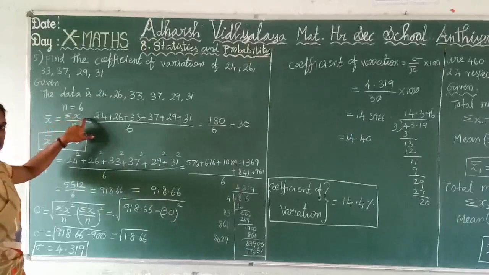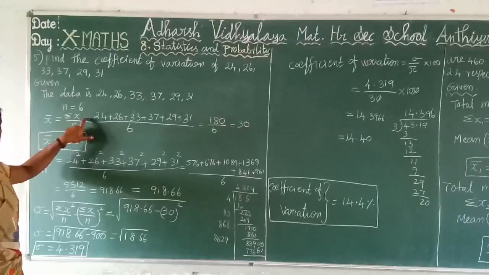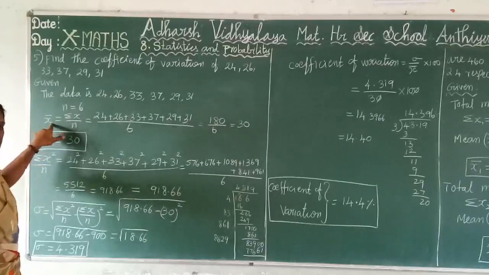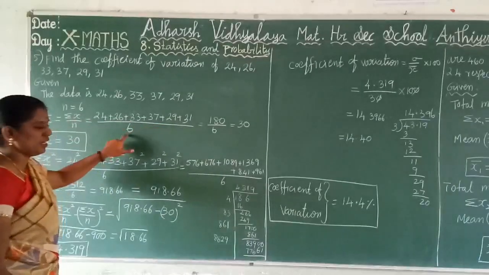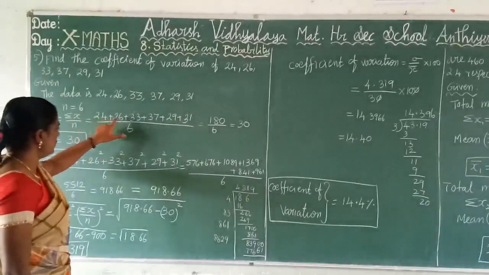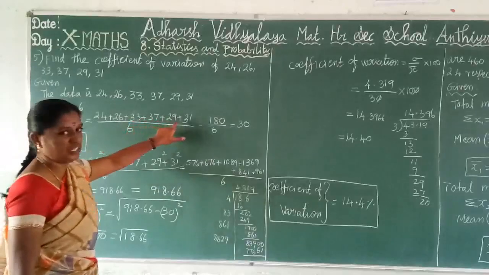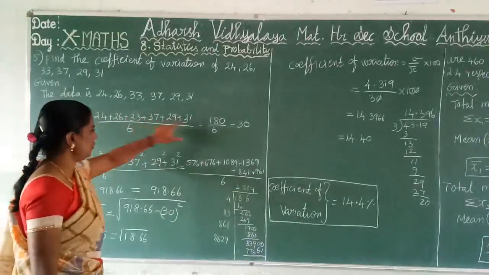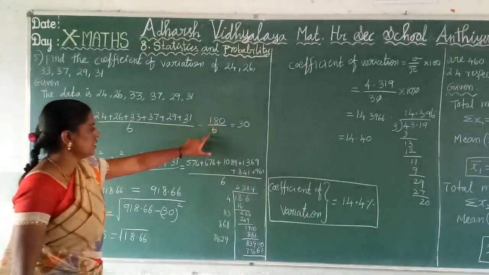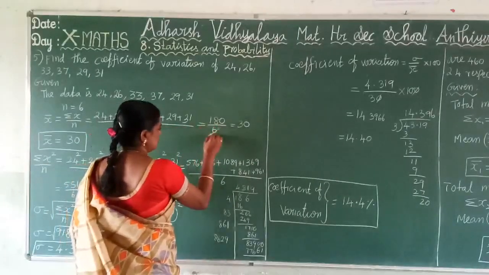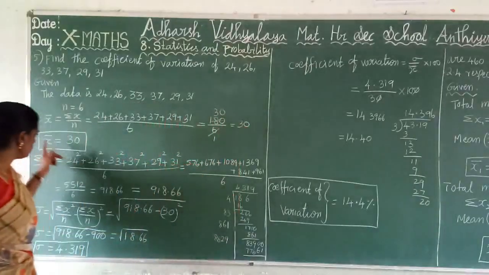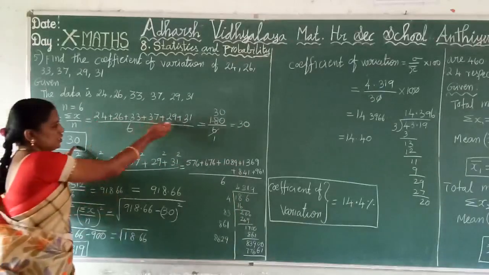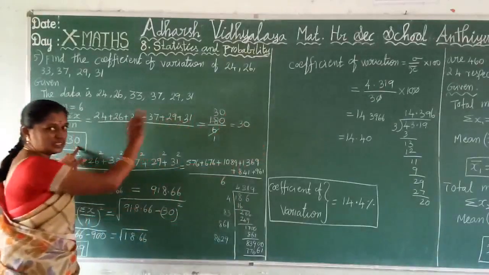In the last exercise, exercise 8.1, we discussed standard deviation. We have to find x bar, isn't it? The same method: add all the data and divide by the number of data. So add 24 plus 26 plus 33 plus 37 plus 29 plus 31, divided by 6. Adding gives 180 by 6. Using the table, 6 3s are 18, 6 0s are 0, so totally 30. So x bar is equal to 30. It is ordinary addition only. You add in the rough column and then substitute here.